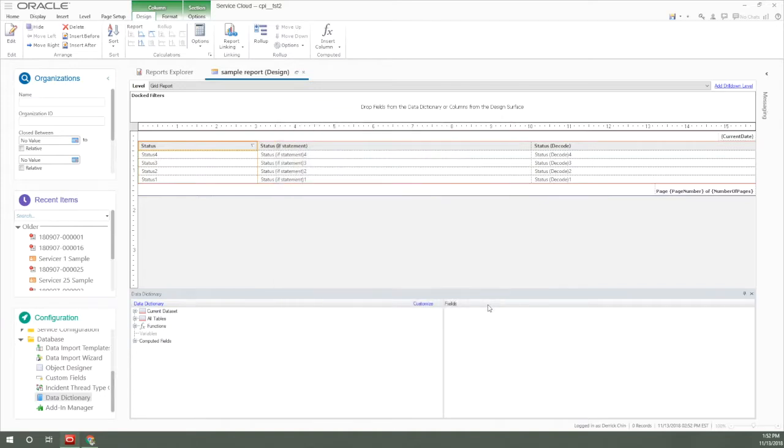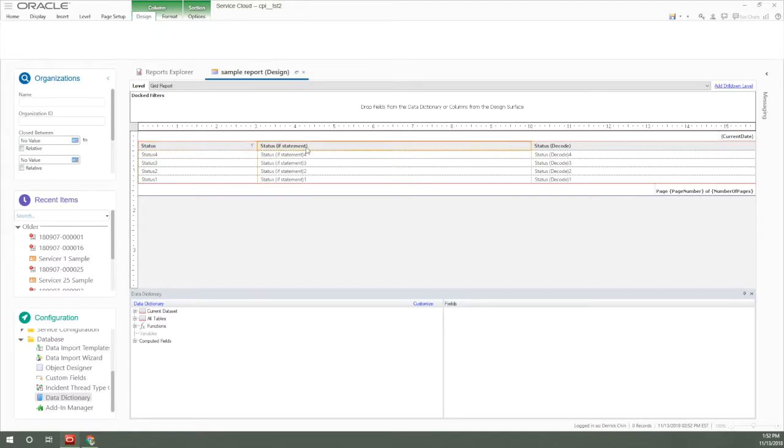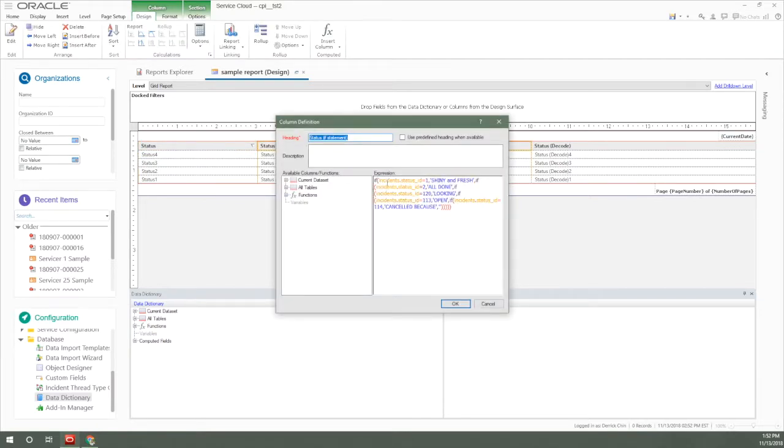But there are sometimes where you might want to swap the values out. Many people go with an if statement, right? Essentially what we're saying is that if the status is equal to whatever it is, and here, if it's status ID 1, then replace it with this value, and so on and so forth. And if that's false, then go to the next if statement. So it's a series of nested if statements. That's perfectly okay, and if that works for you, great. But I wanted to show you guys a little bit of a trick